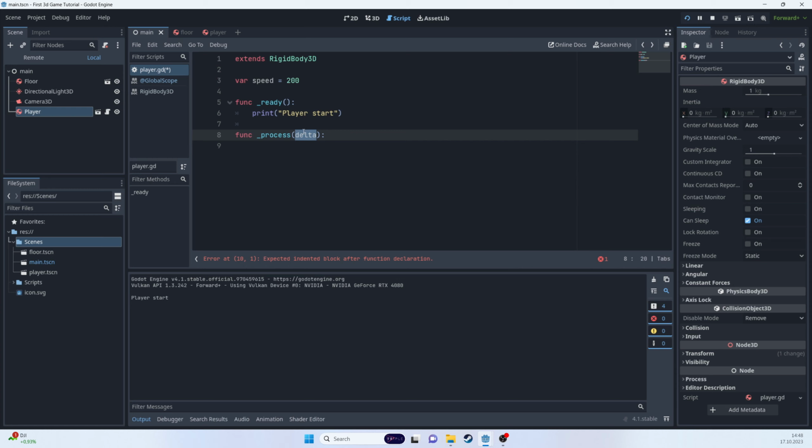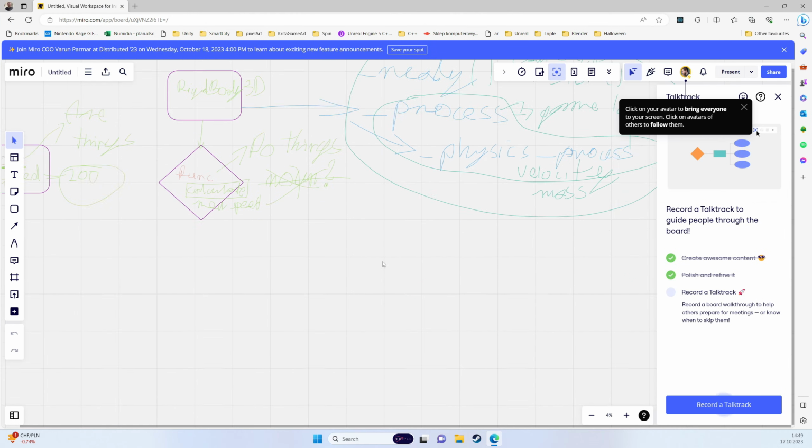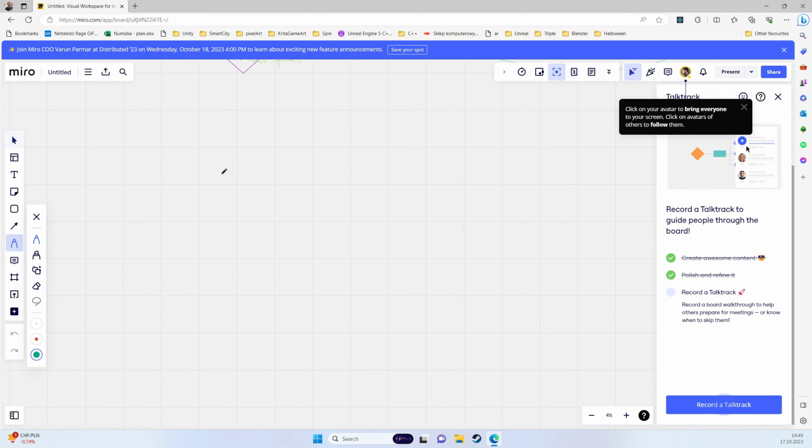So this is a variable just like that, but we get this provided by the engine itself. And this is delta time, which is a very important argument we get in process and physics process, because this